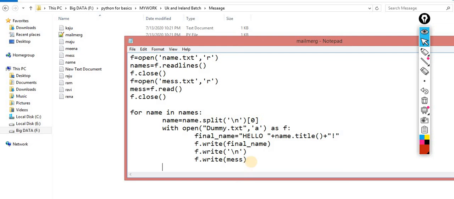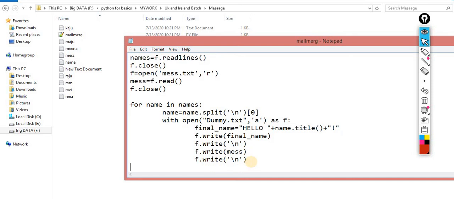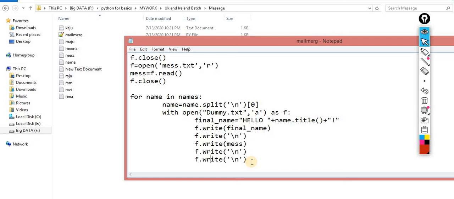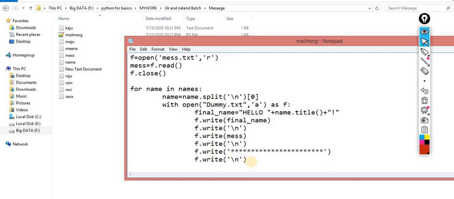After every line, for the separation, f.write, /n. So I am taking /n, and after that I am taking this for segregation, and again I am taking this /n.